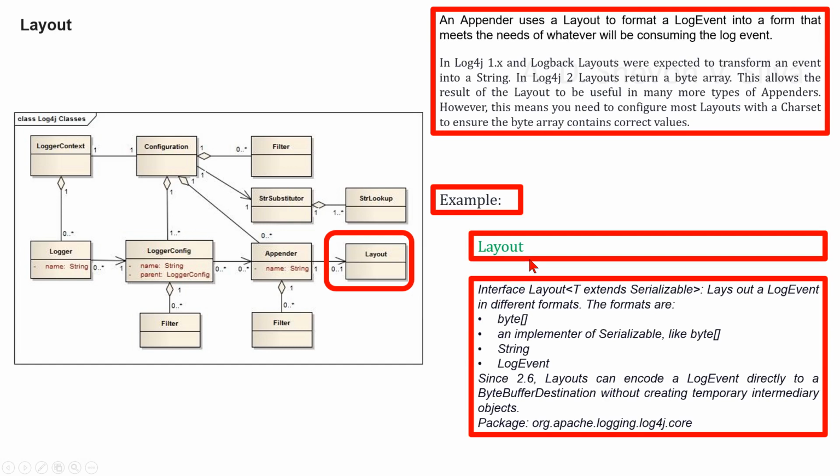Interface Layout<T extends Serializable> lays out a log event in different formats. Formats are byte array and implementers of Serializable, like byte array, string, log event. Since 2.6, a layout can encode a log event directly to a byte buffer destination without creating temporary intermediary objects. This is in the package